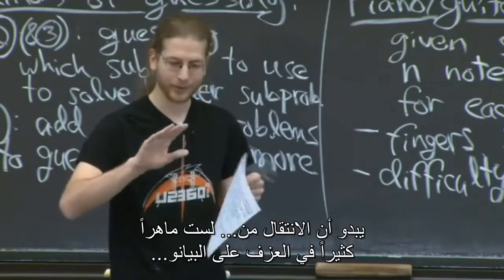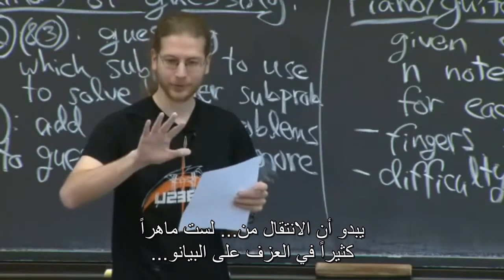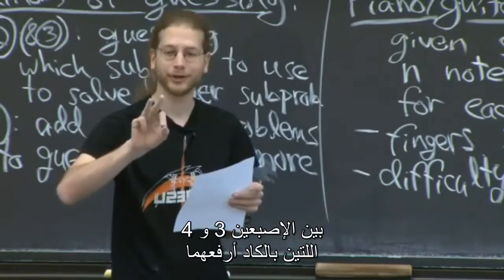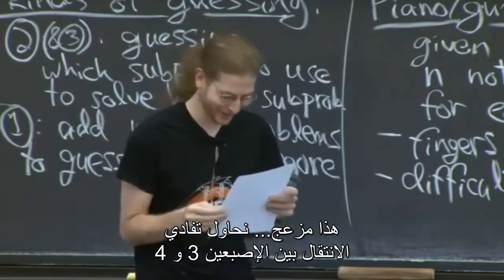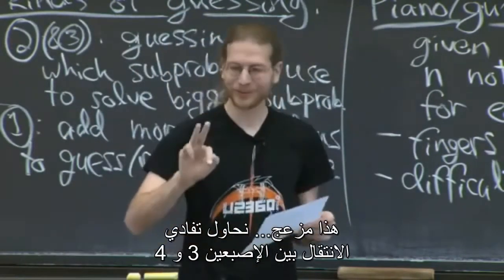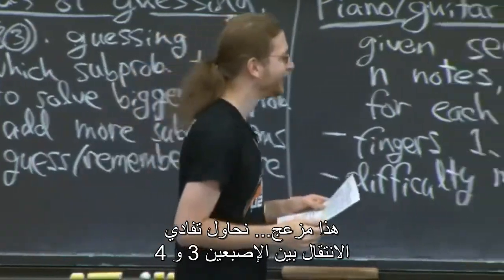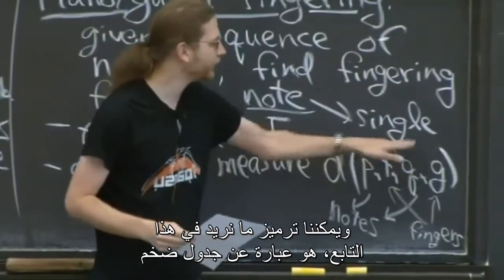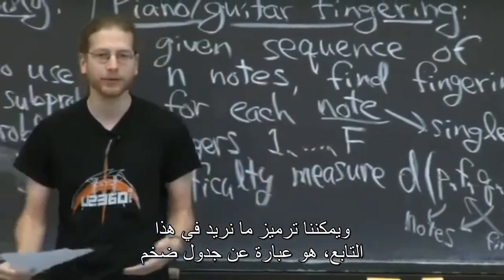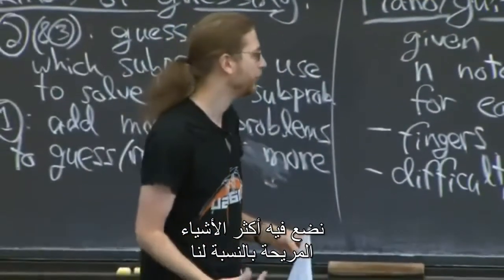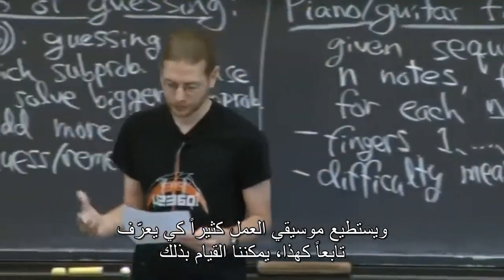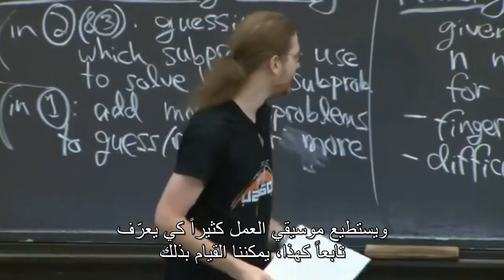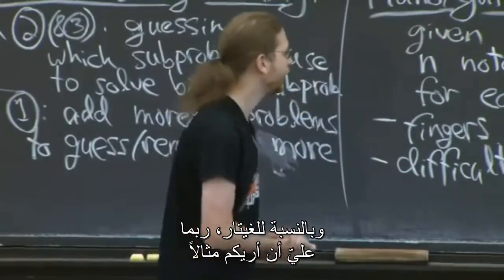I'm not much of a pianist, but going between 3 and 4, which I can barely even hold up, is kind of difficult and annoying. So between 3 and 4 transitions you try to avoid. And you can encode this into the function. It's a giant table. You can just put in whatever values you're most comfortable with. And music theorists work a lot on trying to define these functions. So you can do that. And for guitar,